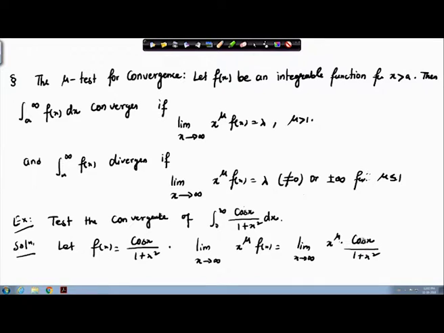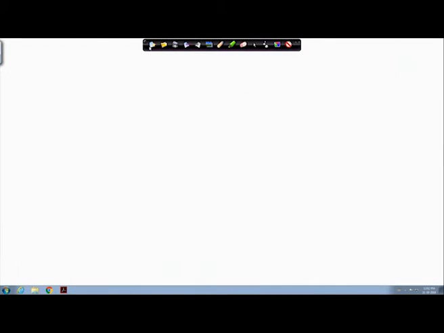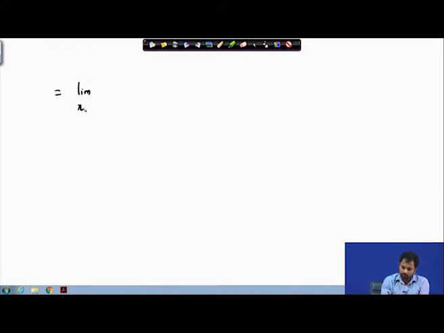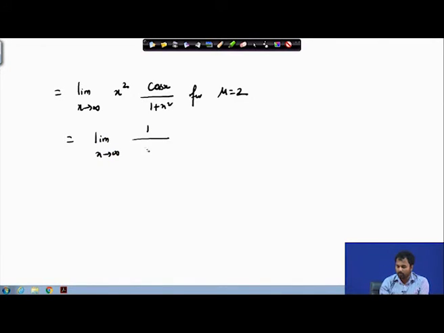So, if I take mu equals to 2, then I can write this as 1 by 1 plus x square times cos x, and this whole thing x square times f(x),